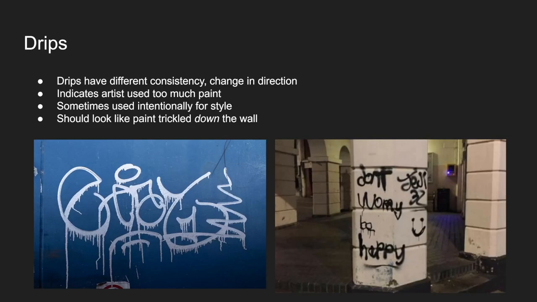So, drips. Drips are pretty straightforward. It's what happens when someone applies too much paint to a surface and causes it to drip down the wall. You can see the drips here. You can see a little bit of dripping there. In aerosol, they're usually an indicator that an artist isn't skilled with the medium. It's a sign that they've overestimated how close the can is to the surface, or they have too much overspray on a particular area.